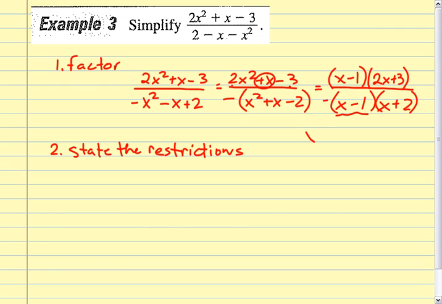Would it just be x minus 1 is not equal to 0? X minus 1 cannot equal 0. So I add 1 to both sides. Right. That means that x cannot equal 1. So x cannot equal 1. Then you got x plus 2. Can you just look at it and tell me? What can x not equal? X cannot equal negative 2. Negative 2. And what if the negatives